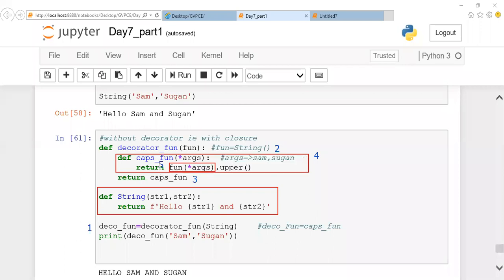Once this part is called, where does it come? You can notice that it will be automatically redirected to the function. So what is fun? Fun is the function called string. So it will be redirected here with these arguments, and Hello with the data will be displayed. After doing this, we are not printing here. We are throwing this data back to your function call. Where is your function call right now? This is your function call. So this entire data will be thrown back as the output of this function call. Now this data will be made uppercase.